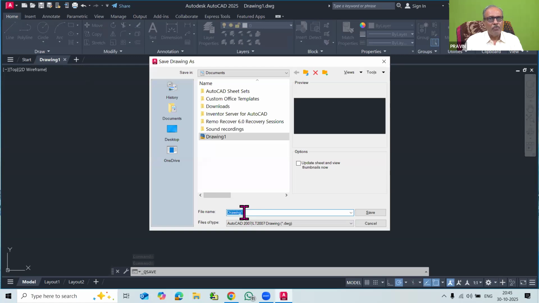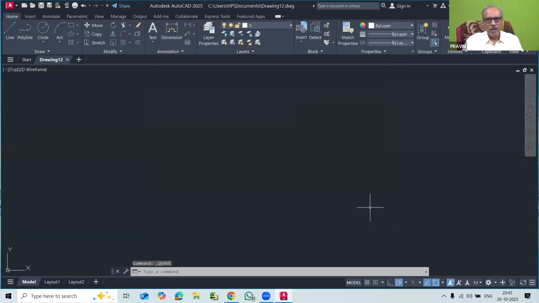You know that I have created a folder on the D drive, so I will save this file there. At present I will save it as file number 12 in the document. You already know how to save a file in AutoCAD, which we saw in our previous lecture.